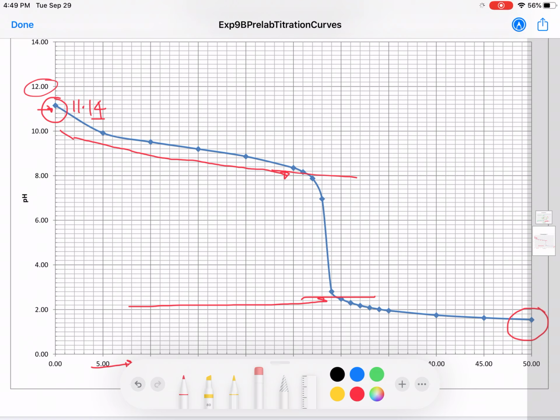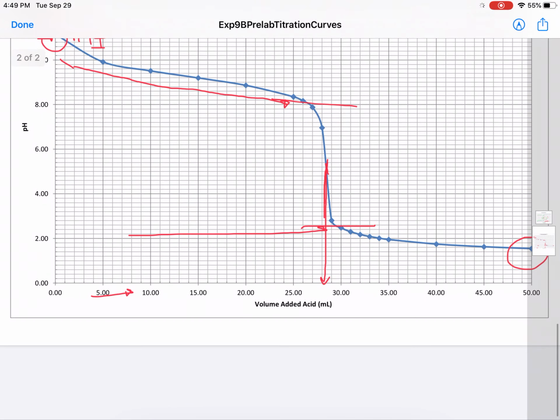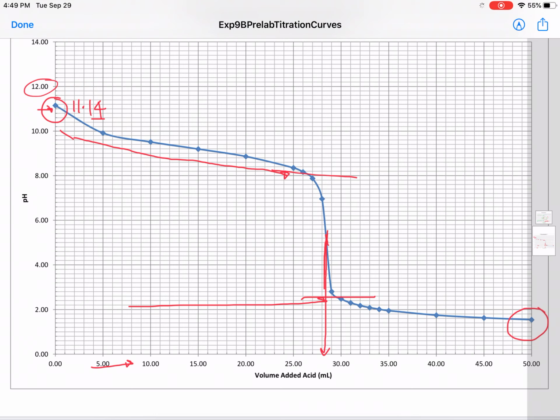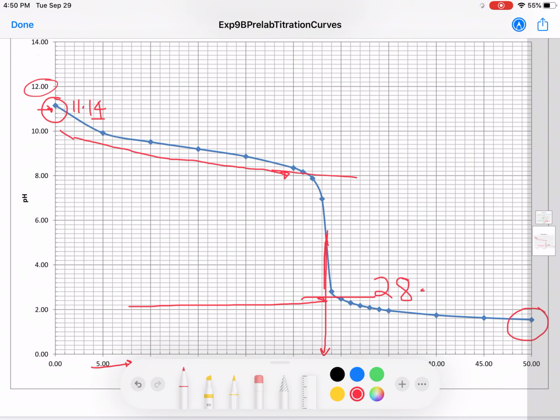So between here and here we find the midpoint and find out what's going to be the equivalence point. So you take the mid section between these two lines, must be somewhere here, and then draw a straight line. My line is not going to be straight, but you guys can draw a straight line and find out what is the volume of hydrochloric acid that needs to be added to reach the end point. Something like, let's say 25, 26, 27 and 28. It's after 28, before 29, something like 28 point, you can say 28.2,